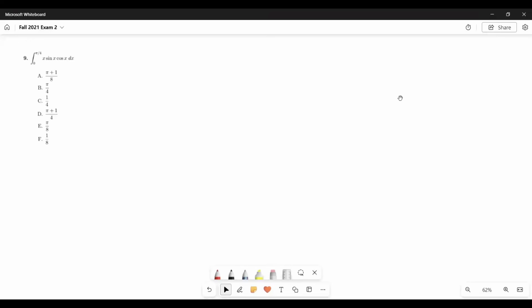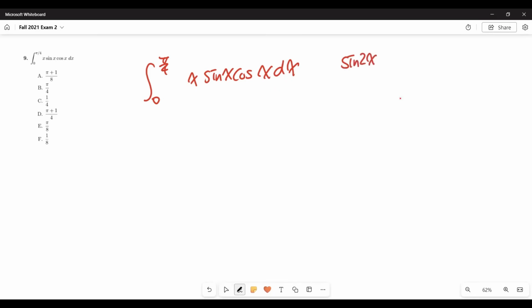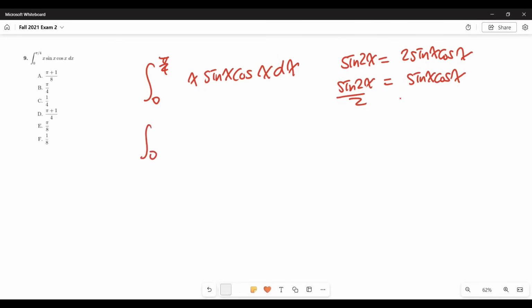Okay, so this question asks to integrate from 0 to pi over 4 x sine x cosine x. Let's write it first. 0 to pi over 4 x sine x cosine x dx. If you remember some property, sine 2x is equal to 2 sine x cosine x, right? And you can write sine x cosine x by just writing sine 2x over 2, right? This is the same thing. Basically move the 2 on the other side. So let's rewrite it: 0 to pi over 4 x sine x cosine x can be written as